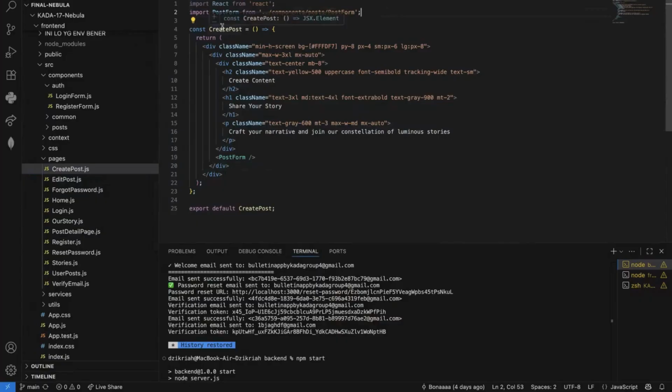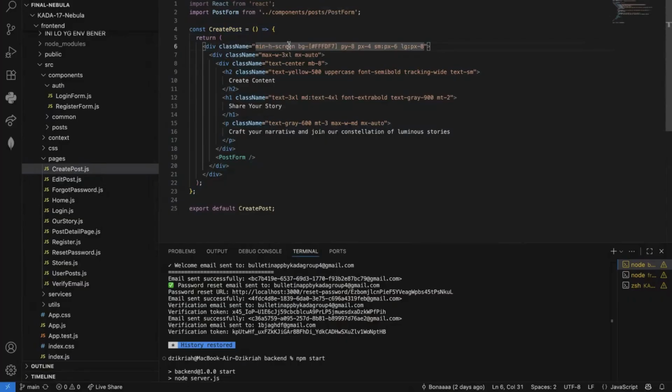Then here there is the component structure. This defines a functional component named CreatePost, which returns the JSX that determines what appears on the page. And this is the outer container.